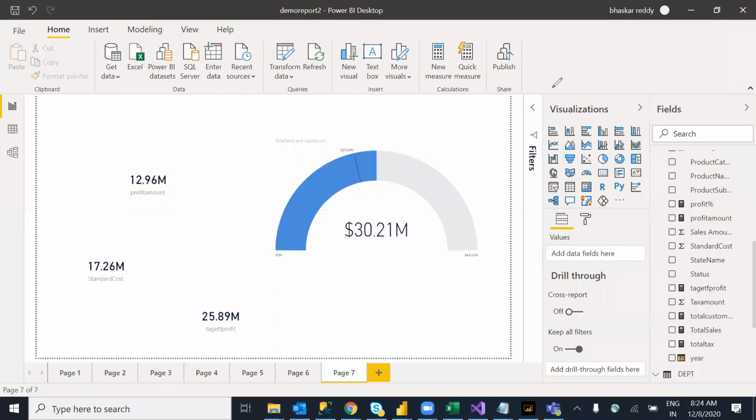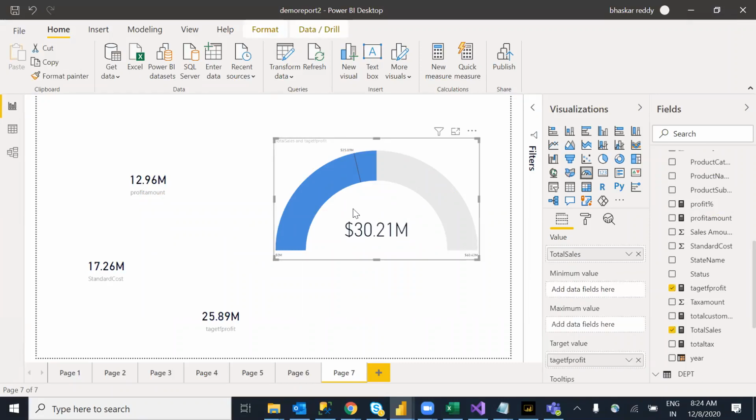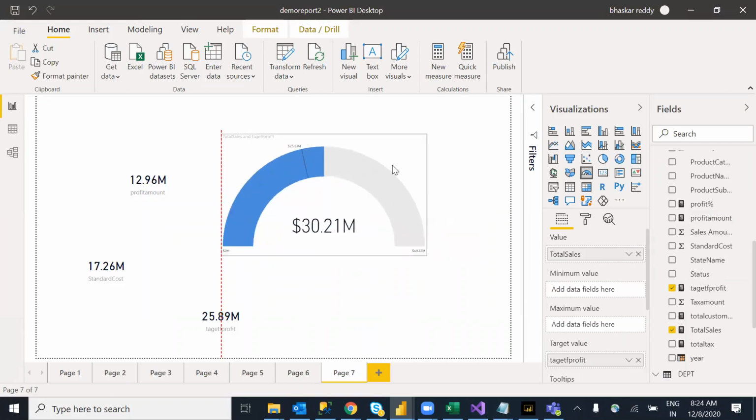Either I have reached my target or not. This is how we can give any kind of goal value, we can create it over here. Here I gave the amount I'm spending, and I want a 50% margin, that's it. So what is the total sales? 30. How much we are spending plus 15%, that's my target. It will come under 25 million, but I'm getting more than that. Sometimes we can reach our target or be behind the target. Based on that, we can display this value.